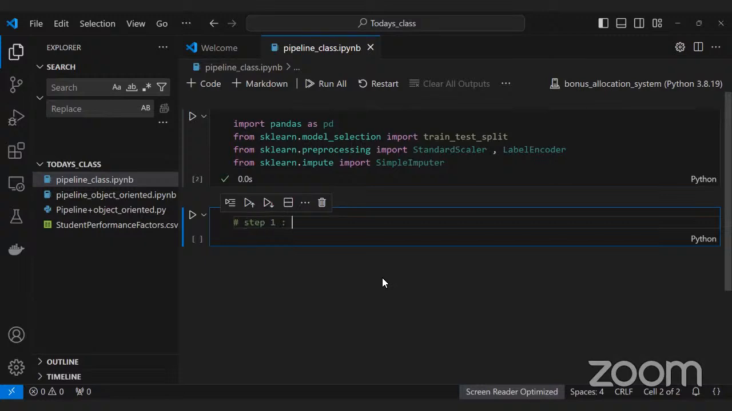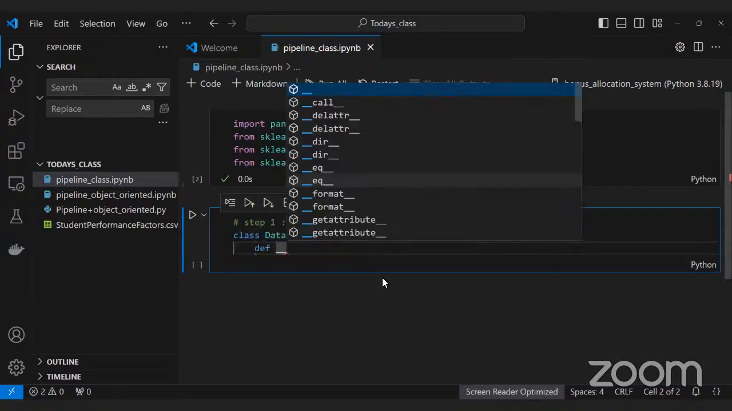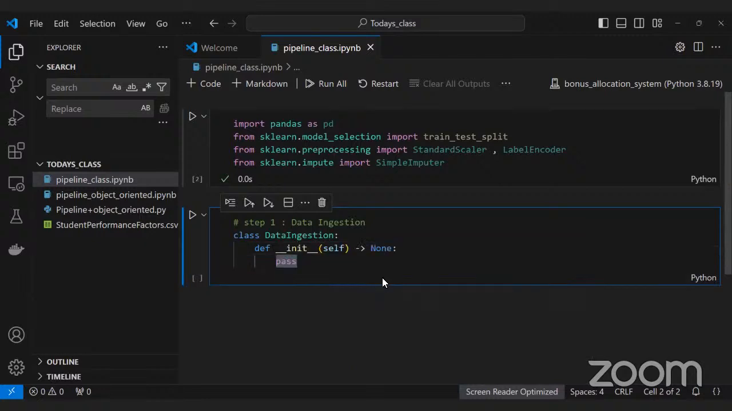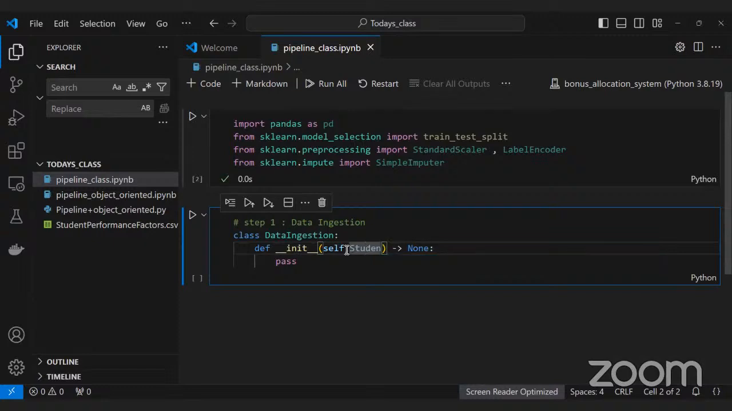that is data ingestion. So for data ingestion, we are going to create one class for only data ingestion. So we have class DataIngestion. So after creating class, we have to create one constructor. So in constructor, we are supposed to feed the data. So here we have data name called student performance